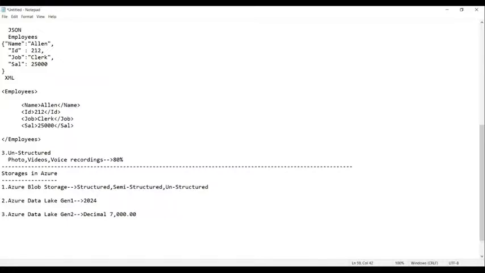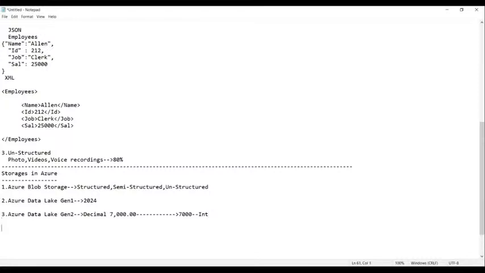That is, in the source file it is like this. But in the target, I have to change the data like this. Decimal is not accepted, only integer. This kind of data is called decimal data, and this kind is called integer data. Am I right or not? Whenever such changes are needed for the target, the data is mostly recorded into Azure Data Lake Gen 2.